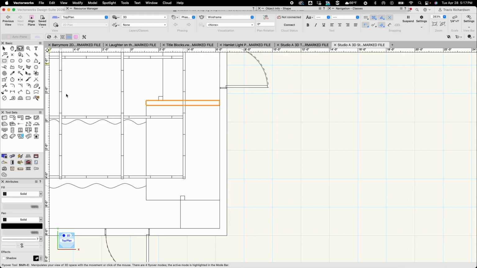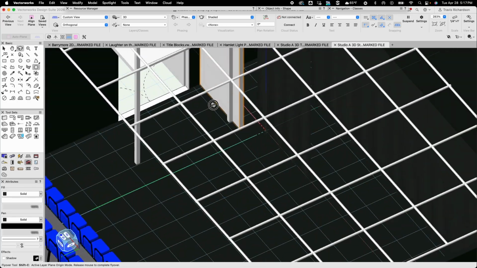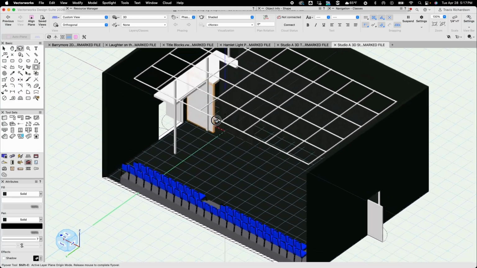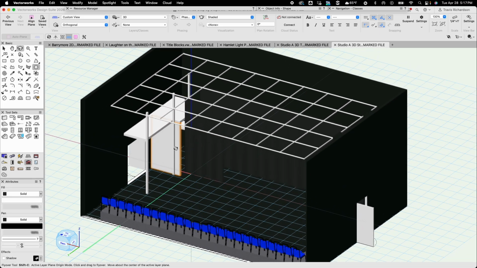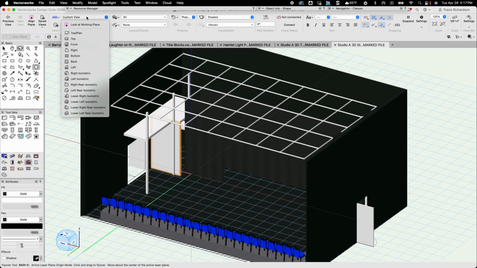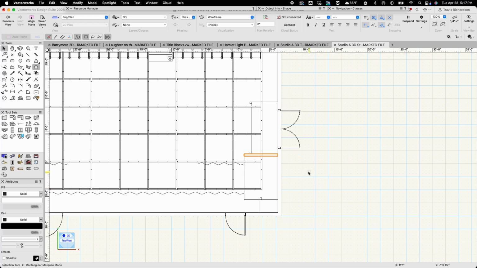Now if I go to my 3D flyover and come around, you can start to see the booth take shape a little more. I've got my 3 vertical supports in, and I've got a masking wall that exists right here. For now, I'll go back to a top plan view to keep working. And I need to draw the retaining wall that is on top of the booth that kind of defines that